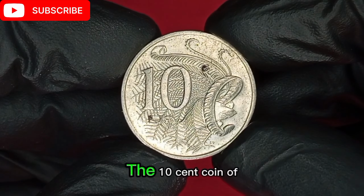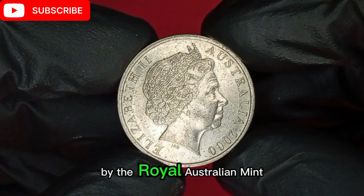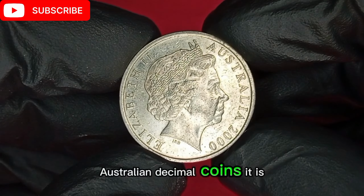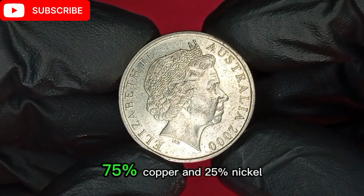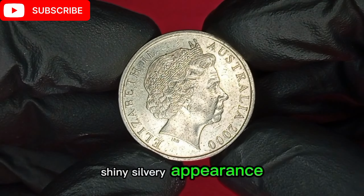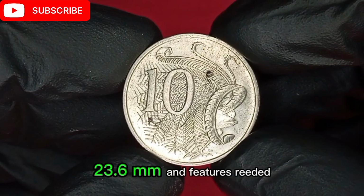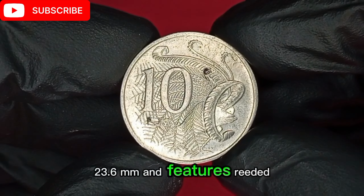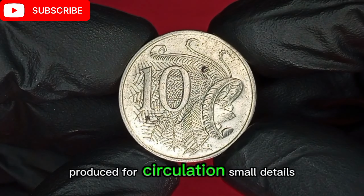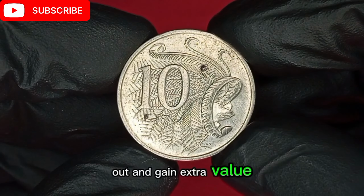in your change. The 10-cent coin of Australia from the year 2000 was struck by the Royal Australian Mint in Canberra. Like most Australian decimal coins, it is made of 75% copper and 25% nickel, giving it a shiny silvery appearance. The coin weighs 5.65 grams, has a diameter of 23.6 millimeters, and features reeded edges. Even though millions were produced for circulation, small details can make certain coins stand out and gain extra value among